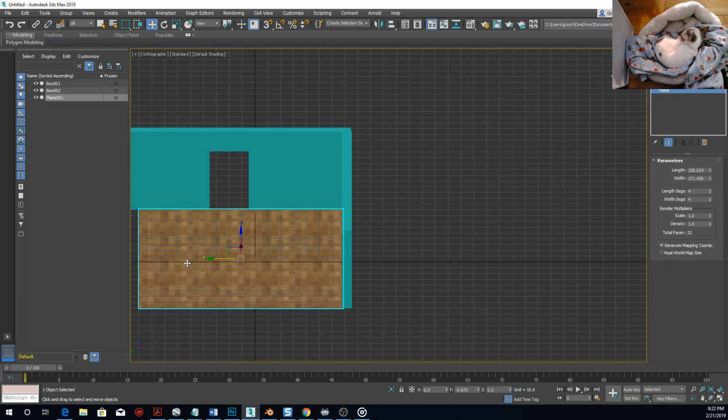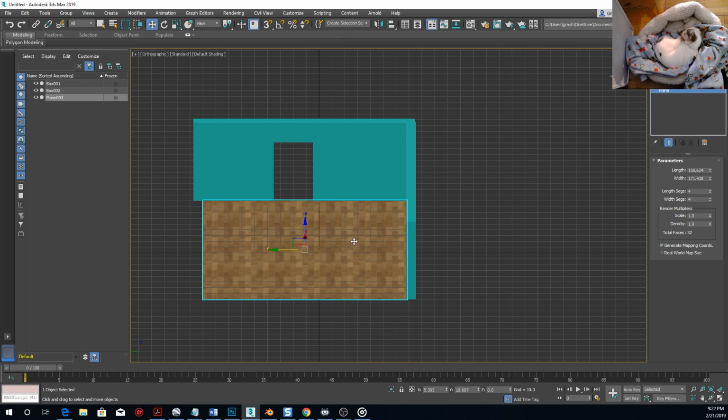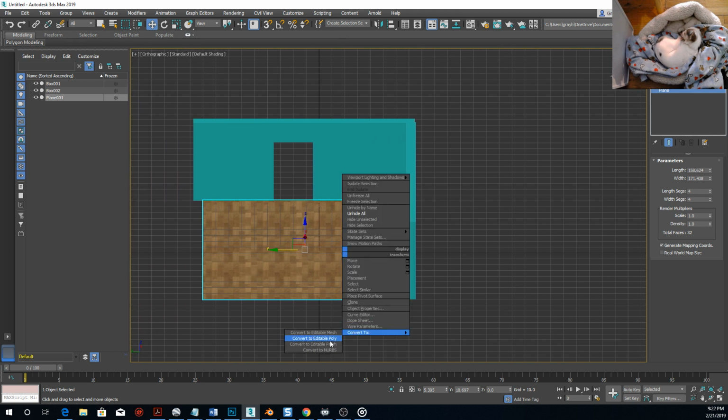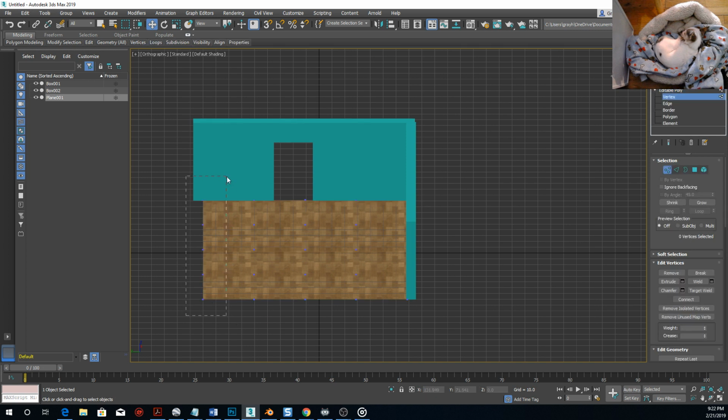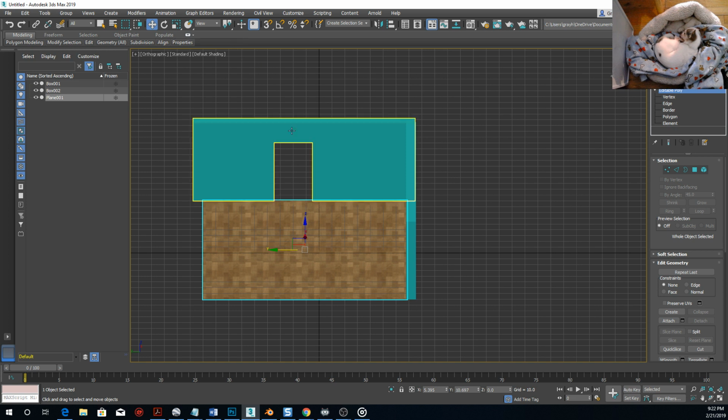So let's see. I think I'll make that floor bigger. I'll convert that to an editable polygon as well. Go to the vertices right here. And let's see. Better way to do it, because you don't want to distort part of the wood. Because if I pulled it from just here over, look how it only stretches that part of the wood, and then it looks weird, right? So a better way to do it would be just to scale the whole thing. So I'd probably just move it